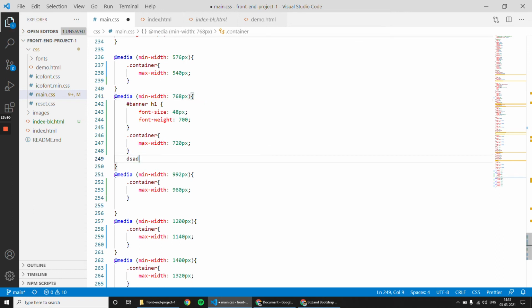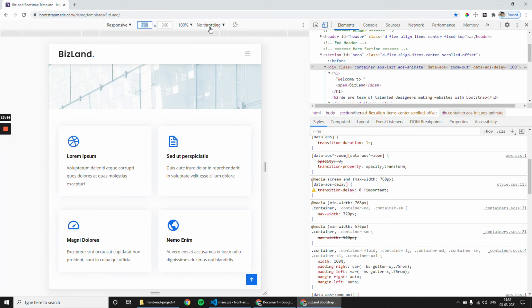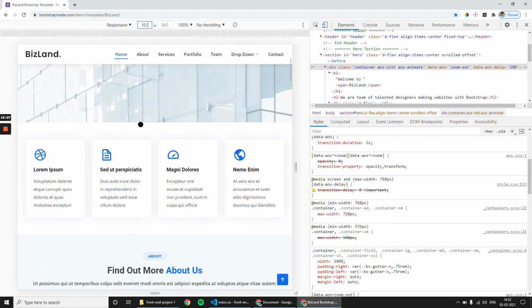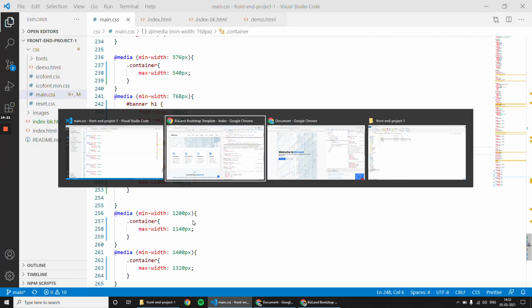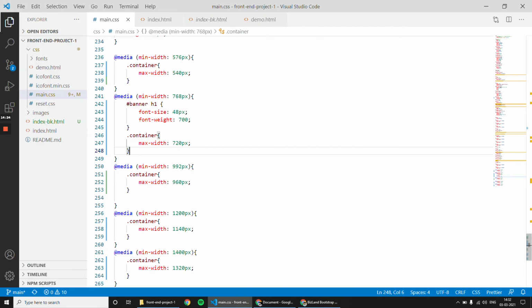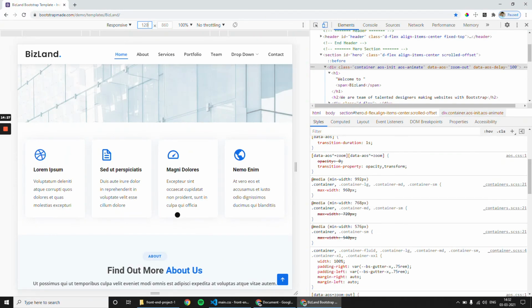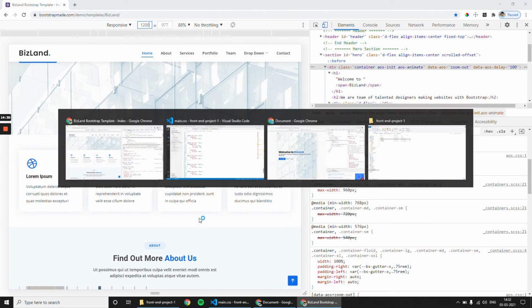Then the next change is 992. Oh, big change. Now they have brought all the 4 boxes in a single line. So you will identify which style you have to apply so that everything comes in a single line. I don't see any more changes since we have accomplished the maximum view here. If you increase to 1200, the same will be applied. Okay, so you can try this.